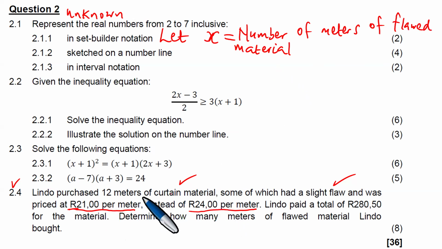Now, how much did everything cost? Linda paid a total of 280.50. So if you let X be the number of meters of flawed material, simultaneously you can